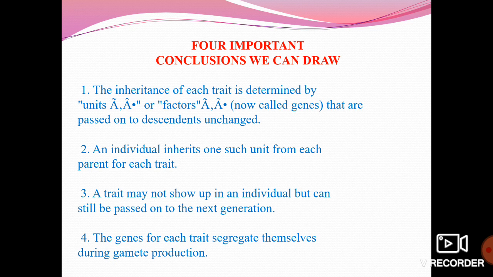So we can conclude that all the characters that we see are fluid in nature and are constantly changing, and because of that change there is variation. And these experiments have given us these fundamental three laws. The first law, law of dominance; the second law, law of segregation; and the third law,